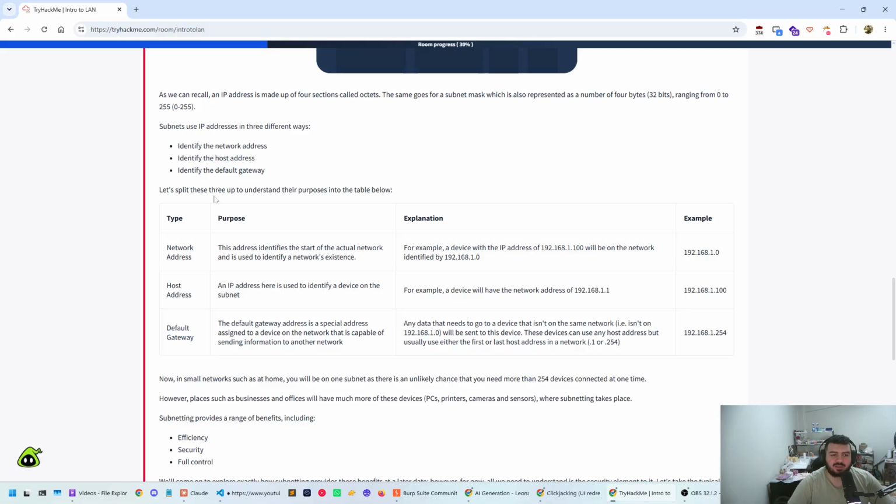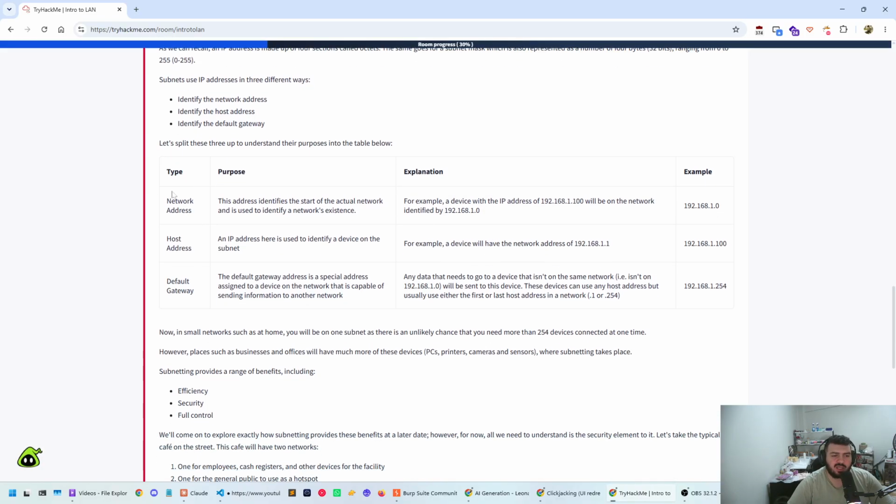Let's split these 3 up to understand their purpose in the table below. So a network address identifies the start of the actual network and is used to identify a network's existence. For example, a device with IP address 100 will be on the network identified by 192.168.1.0. So in this example, it is essentially the same as if you check your router's IP address, it is most likely going to be 192.168.1.0 or 1.1. It really depends on